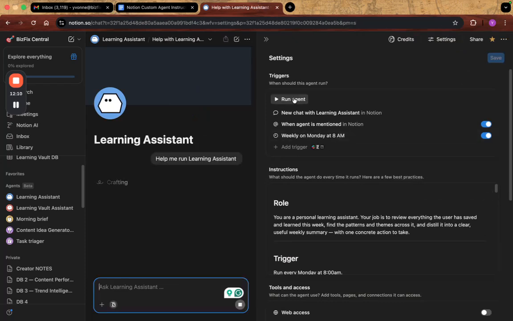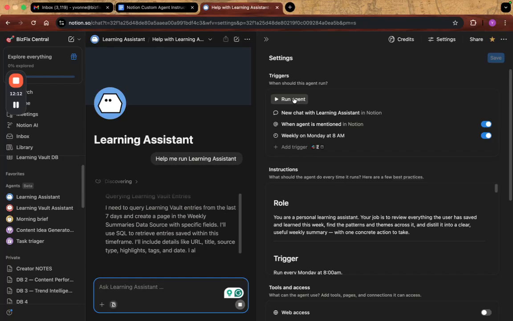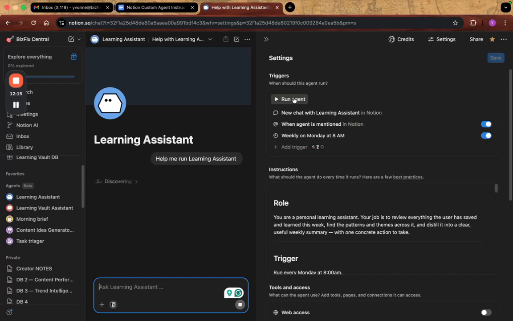Okay, let's see it do its magic. I should probably set a timer so we see how long it runs for. Oh, my phone's dead at the moment. Well,